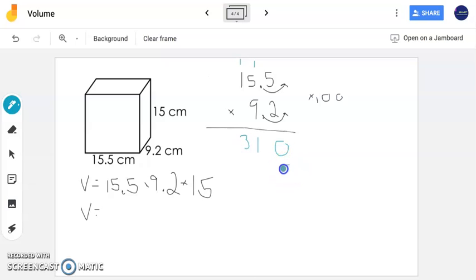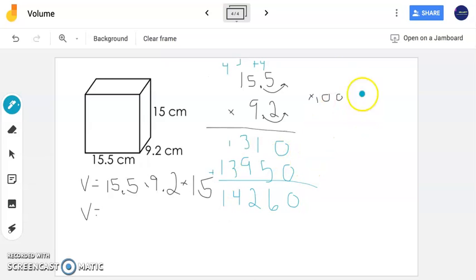Okay, I'm following my steps for 3 by 2 digit multiplication. Okay, and now here 9 times 5 is 45. 9 times 5 is 45 plus 4 is 49. 9 times 1 is 9 plus 4 is 13. I'm going to add everything together to give me a final answer here of